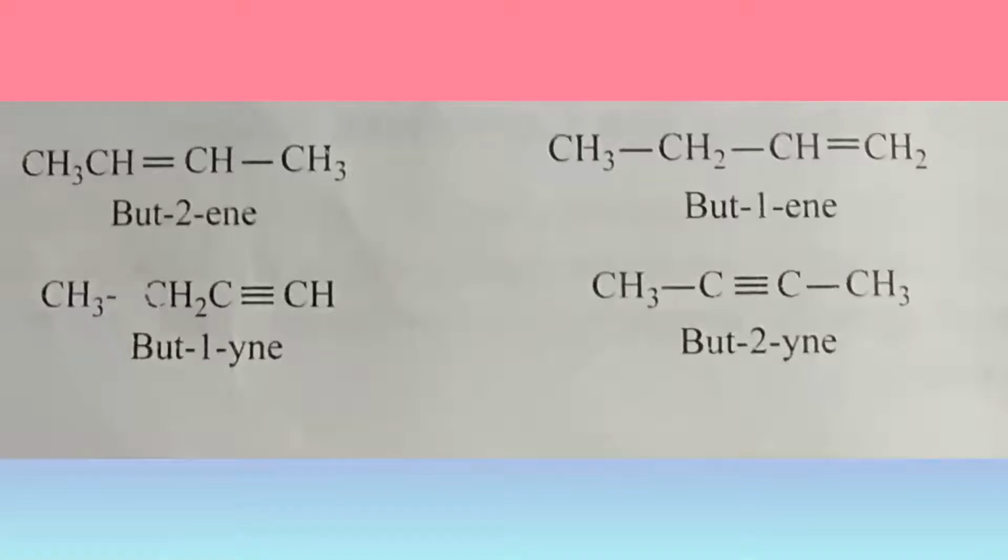Now there are more examples here. If you see that the double bond is attached to the second carbon, the name here is but-2-ene. So this is how you represent it when they are present in the middle of the carbon chain or at the beginning. That is, you write the locant number of the carbon that has that particular double or triple bond. So in the first one it's but-2-ene. In the second one it's present on the first carbon, so it's but-1-ene. In the third one, there is a triple bond present here, so the secondary suffix here is "-yne". Since it's attached to the first carbon, it will get the name but-1-yne, and the second one is present in the middle, so it will get the name but-2-yne.